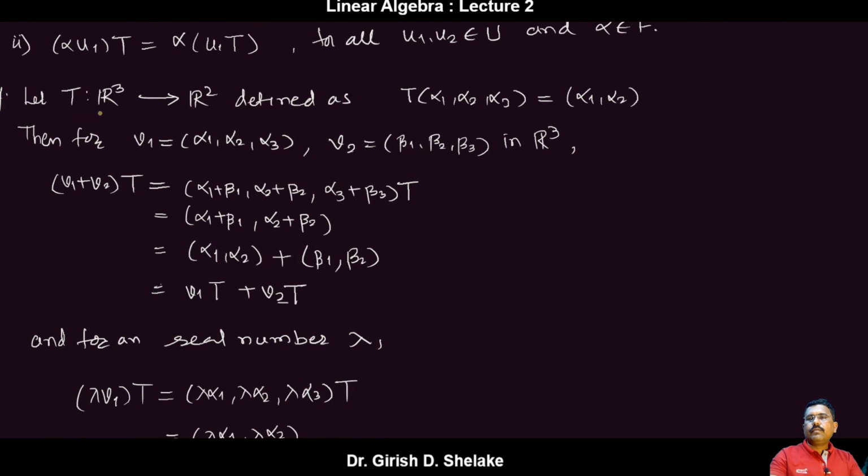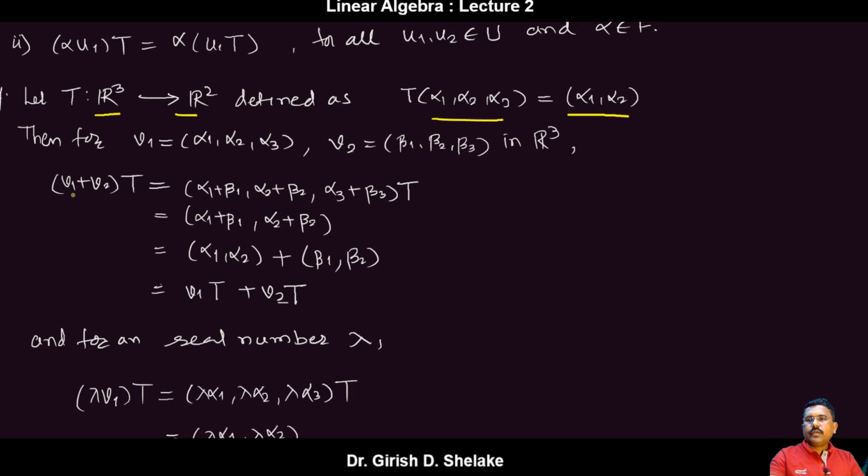Let t from R3 to R2 be defined as t of (alpha 1, alpha 2, alpha 3), meaning the element in R3, and its image is the element in R2, that is (alpha 1, alpha 2). Then it is easy to show that this t is a homomorphism. Then for v1 equal to (alpha 1, alpha 2, alpha 3) and v2 equal to (beta 1, beta 2, beta 3) in R3,